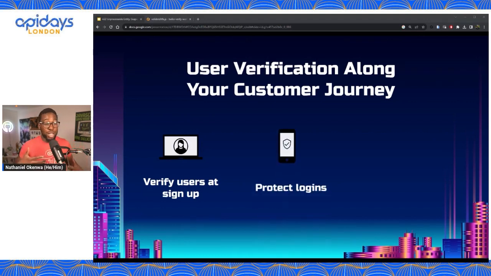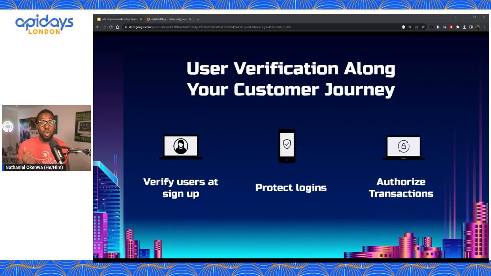And then after they've registered, you may use it to protect login so that when people log in and want to do actions on your platform, you know that they are who they say they are. And then also authorizing maybe high level transactions. So I often saw this in the finance space where if you wanted to maybe make a large transfer, there would be an extra 2FA check to make sure you are who you say you are.